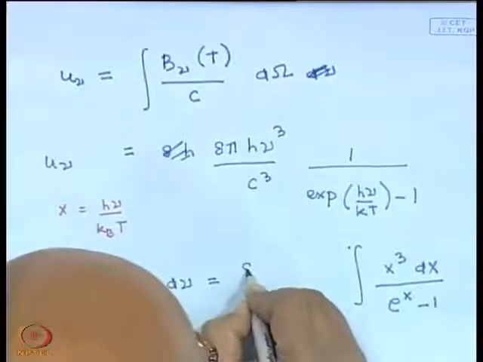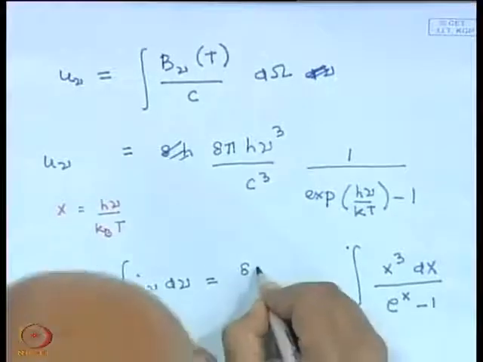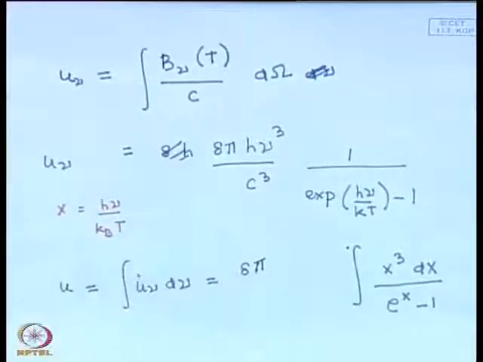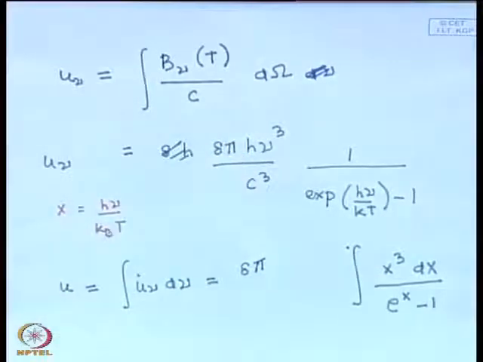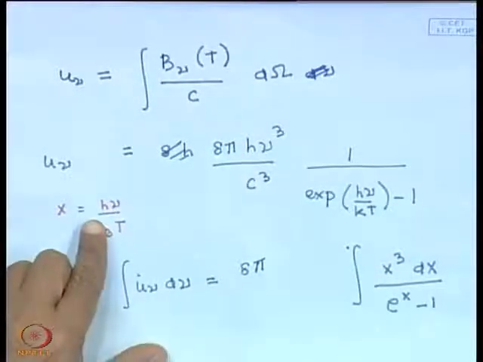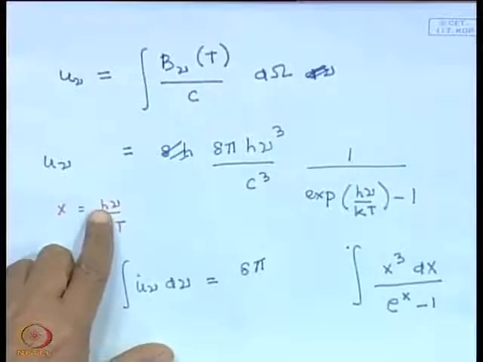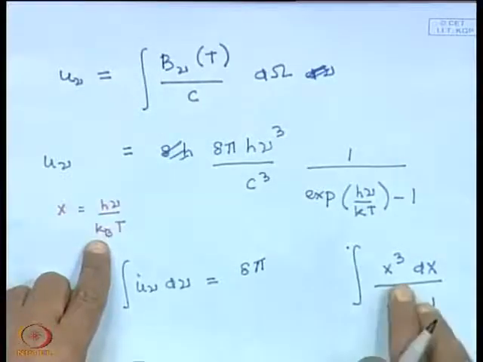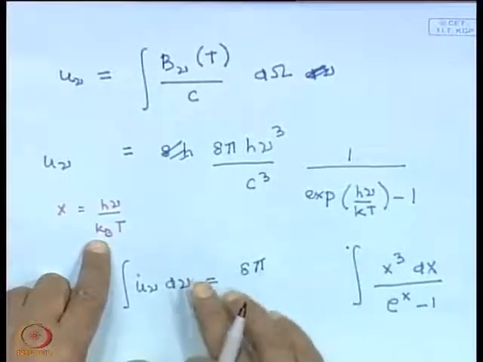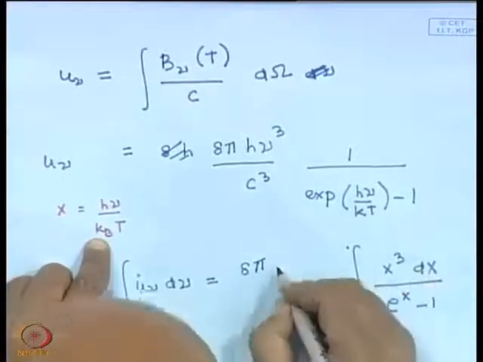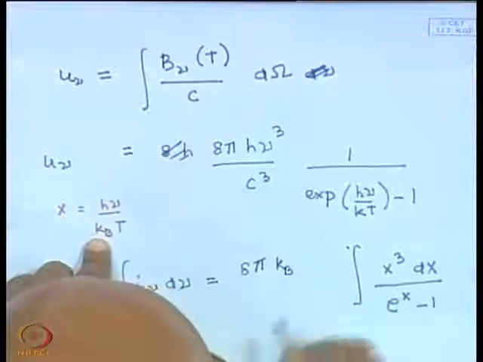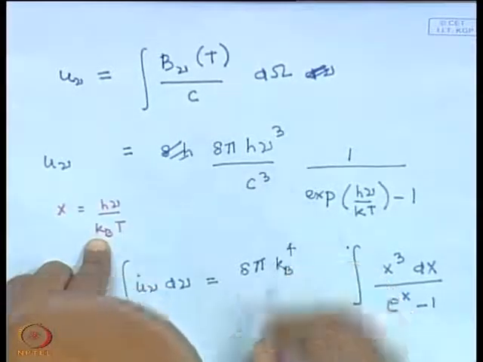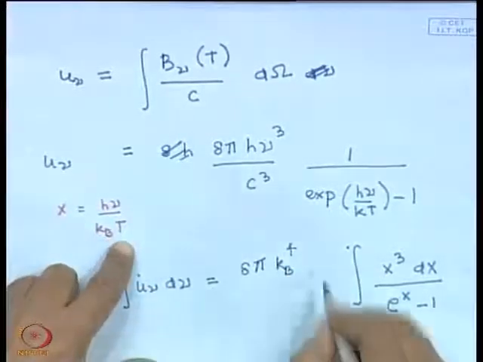I have 8 pi and we shall have kb. So we have to multiply with kb to the power 4 and T to the power 4,